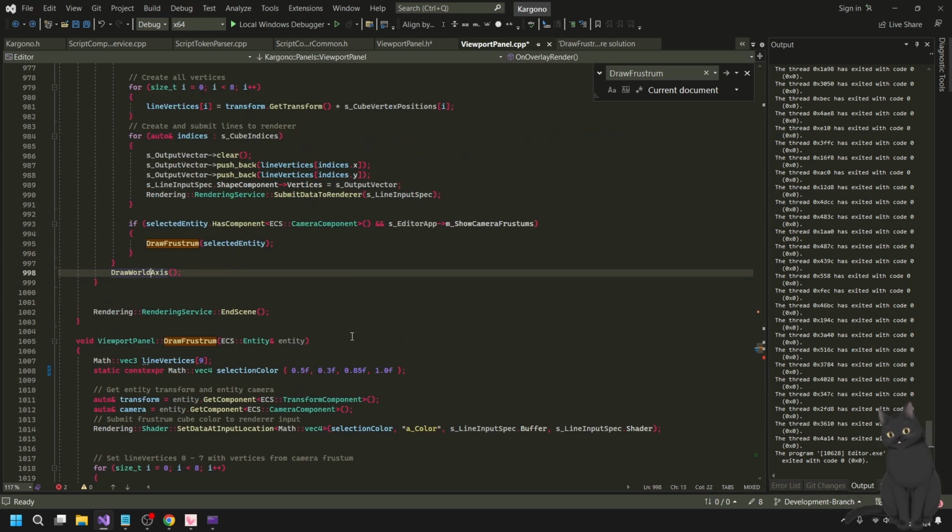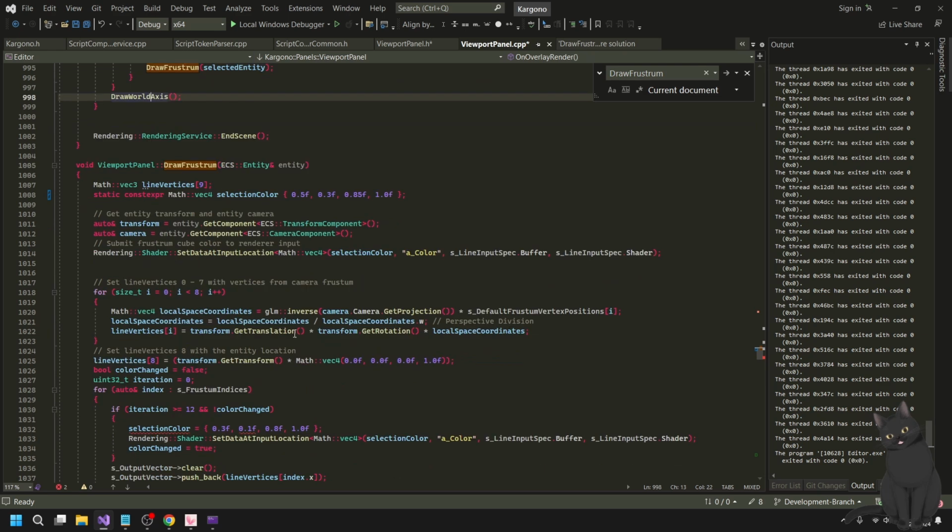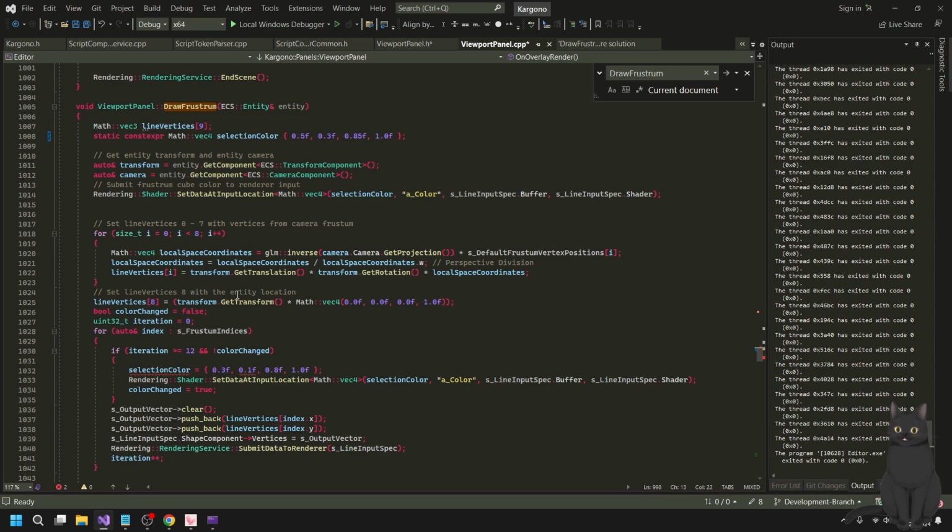So the world axis just gets the position. I don't worry about the frustum at all. But in this case, actually, I don't care about the position at all. For the camera, I don't care about where it's at. These debug lines are just going to do what they do, I suppose.